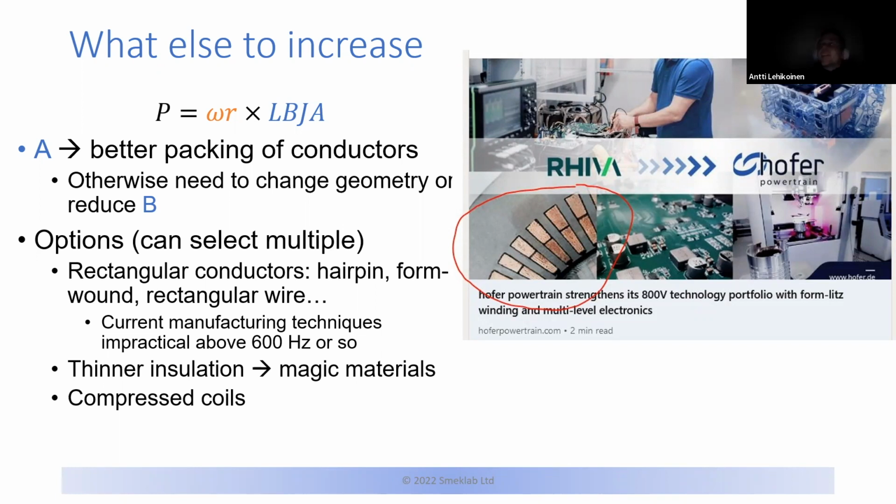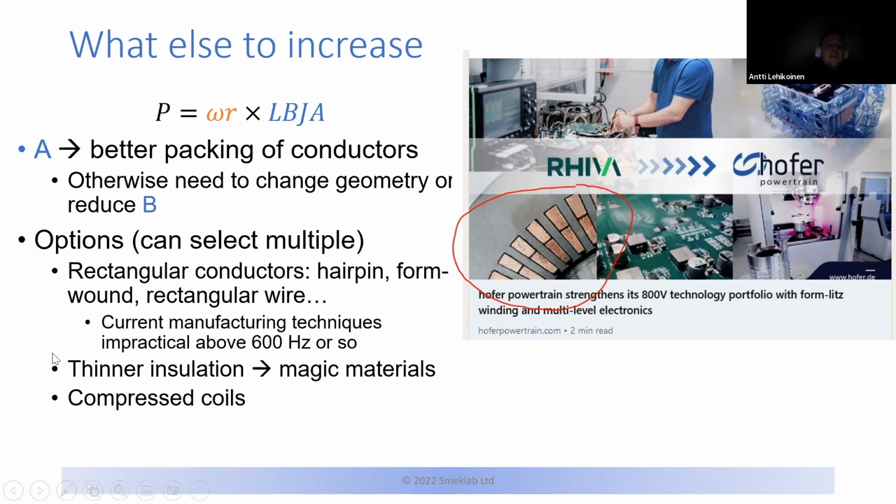And again, that's eating away some of the space that could be used for conductors. So new, better insulation materials, so that they can be thinner without breaking down, can slightly increase the power density